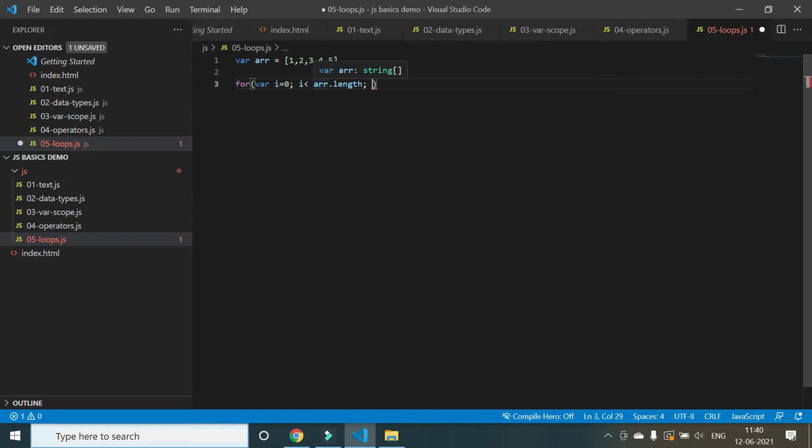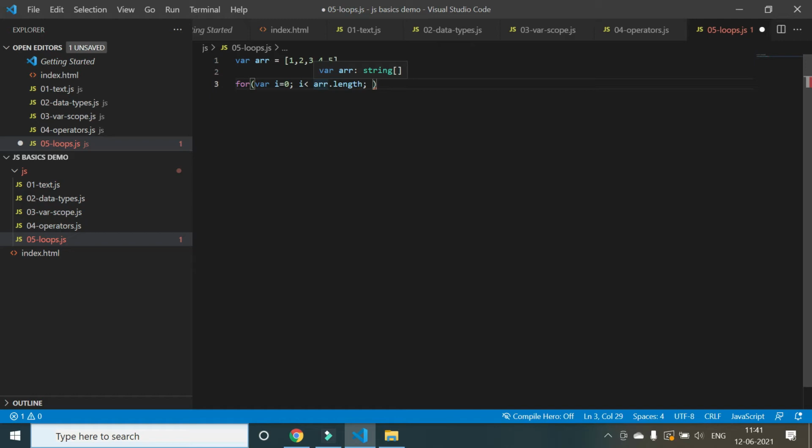Array has methods to push or add an element into an array, or delete an element from an array, or just clear an array. For all these things, there are predefined methods given as part of JavaScript, which you can refer to in W3Schools when needed.